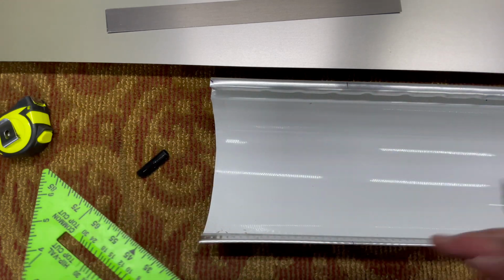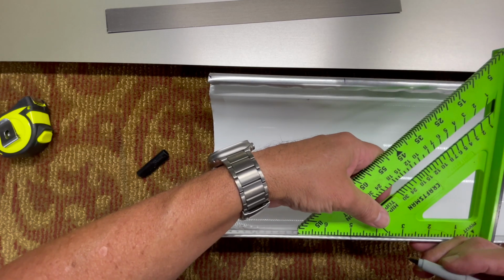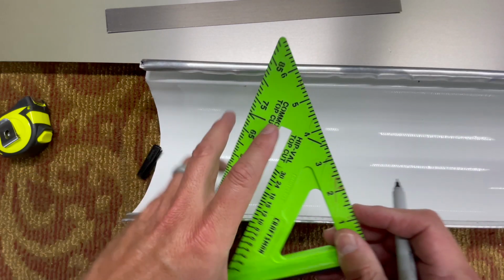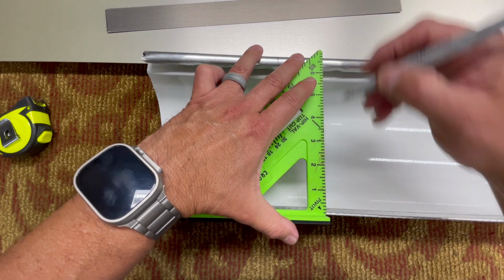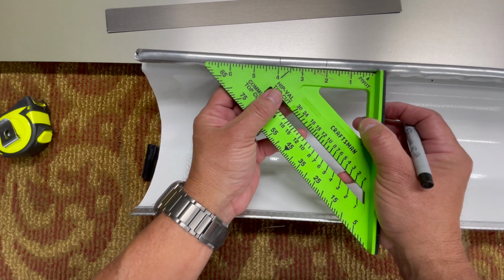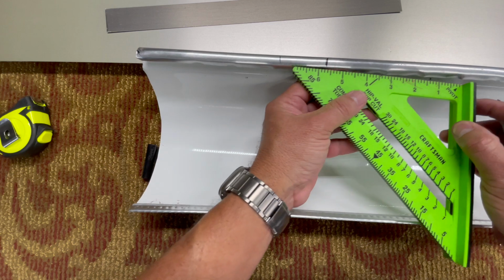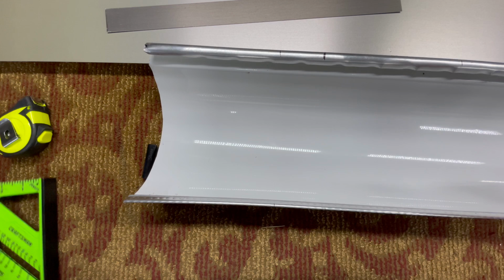And then from here we're going to mark another couple of inches, just so we can have some extra play there. Can you see that? And from there we can just measure 2 inches from the other one, but we need this mark anyway. So we're going to mark it at 2 inches, verify 2 inches, pretty close. And then from there, we're going to measure another 6 inches over to there. All right,